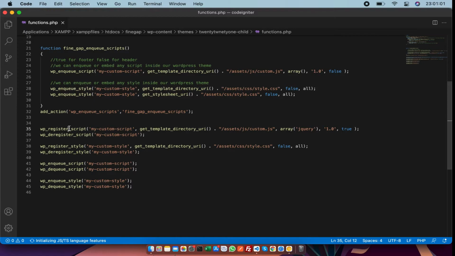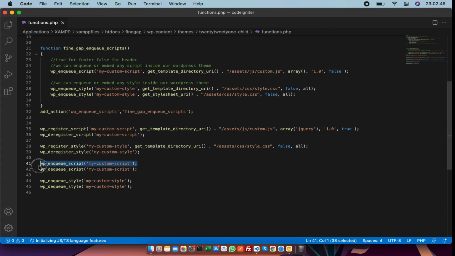So like that we have wp_register_script. What does that mean? Sometimes we want a script for later use, that's why we just register it. Whenever we need the script, we can enqueue it anywhere in the functions.php. For example, you have lots of scripts that will load on WordPress. It will slow the site. That's why we are just registering it to not use it, but we can use it later.